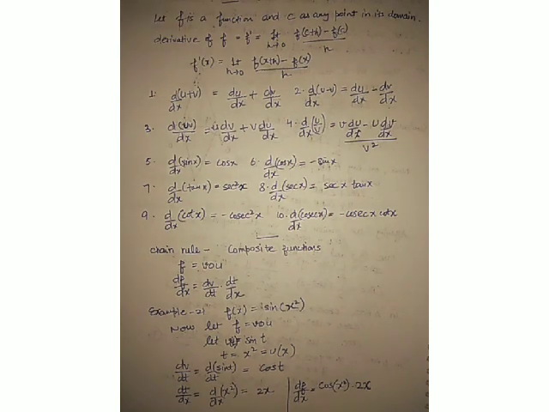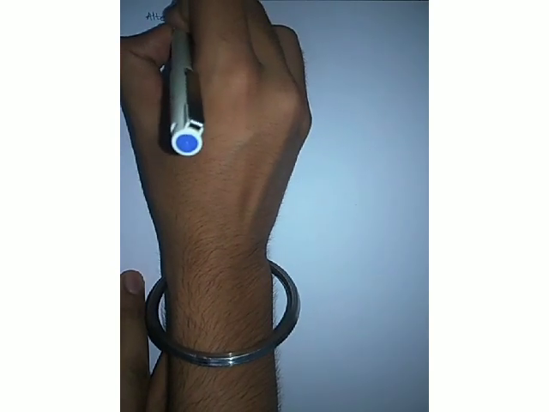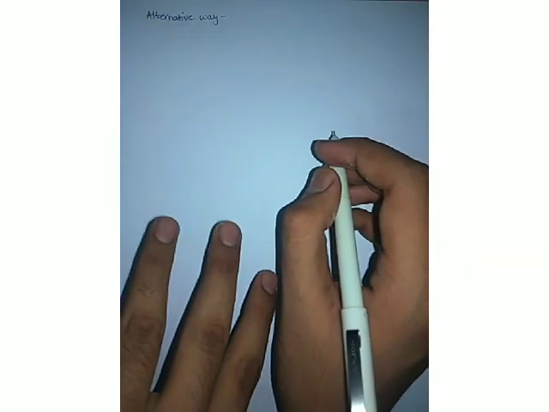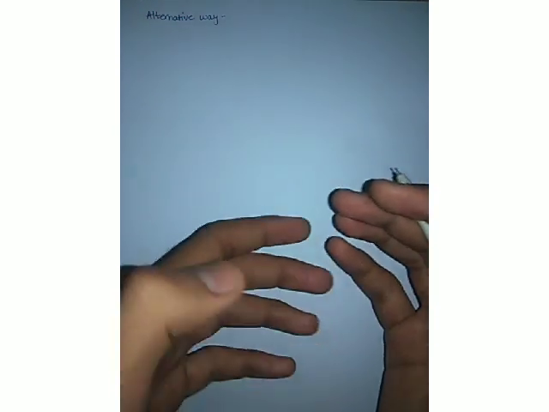Let me show you that as well. The alternative way is much easier than the chain rule. That is why I told you earlier that if it's not mentioned in the statement that you have to use chain rule, then avoid using chain rule completely. Okay, but watch this video again and again in order to understand chain rule completely. And if you find any problem in any sum related to the application of chain rule, kindly share that problem in the comment section.